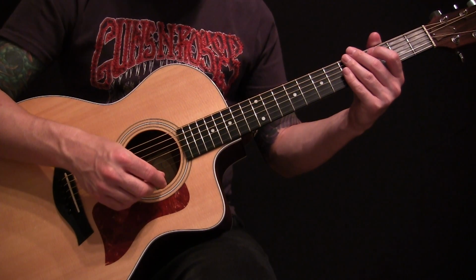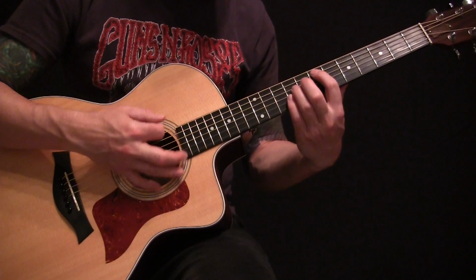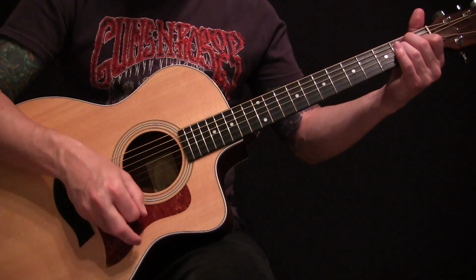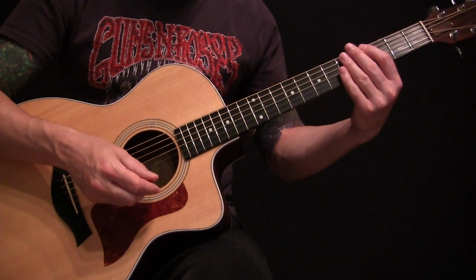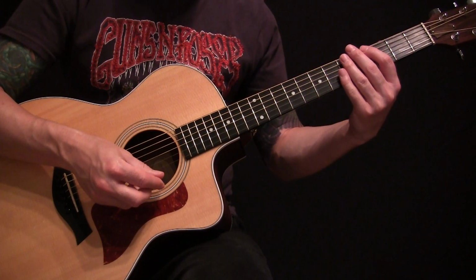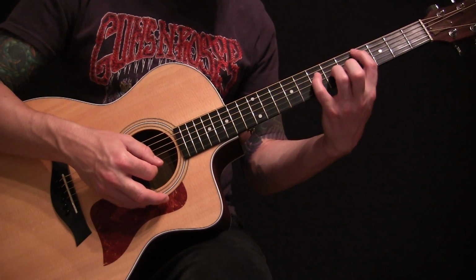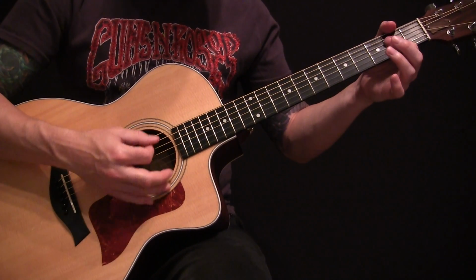So a couple things to keep in mind. With that being the same chord, you can just stay on the E if you would like. You can play the whole first part there. Same with this A over C sharp, you can actually just play an A power chord